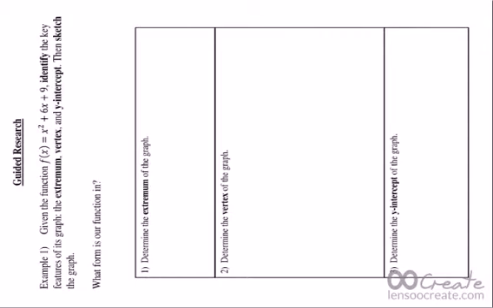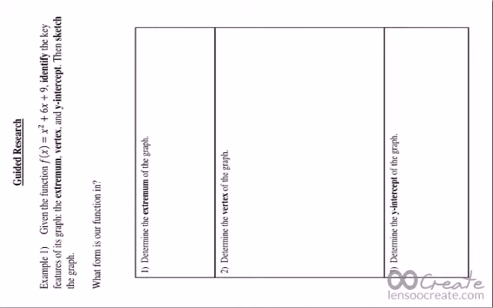Example 1. Given the function f of x equals x squared plus 6x plus 9, identify the key features of its graph, the extremum, vertex, and y-intercept. Then sketch the graph. Alright, so what we're going to do here is we're going to identify the important parts of the graph, and then with that key information, it's actually going to help us sketch the graph a little